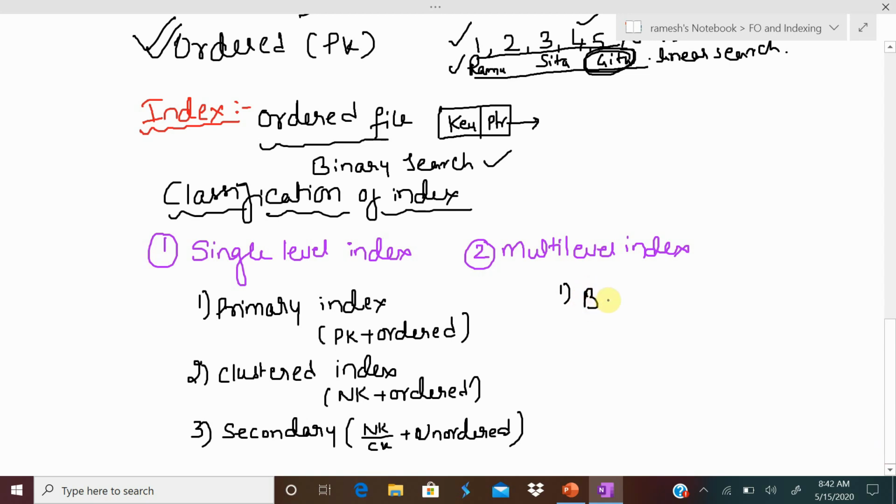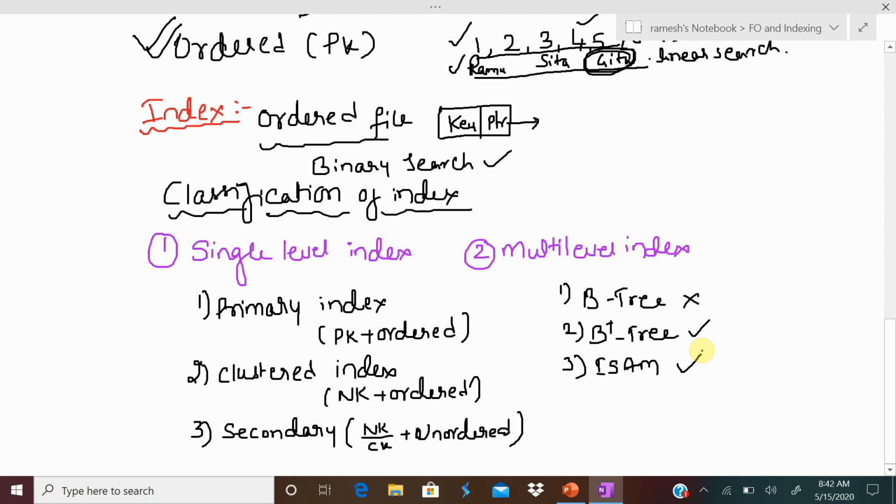We call B tree and B plus tree. These are mostly used by many database systems. And in our syllabus, for implementation of multi-level index, we have one more technique called ISAM. Actually, in our syllabus, we don't have a B tree, and we have B plus trees and ISAM.